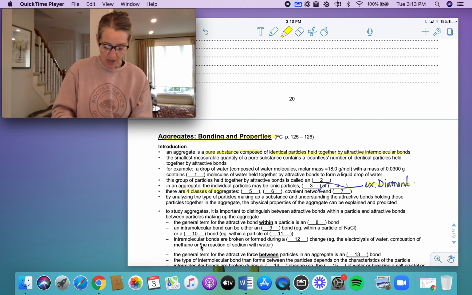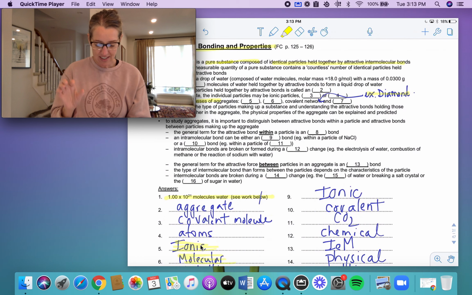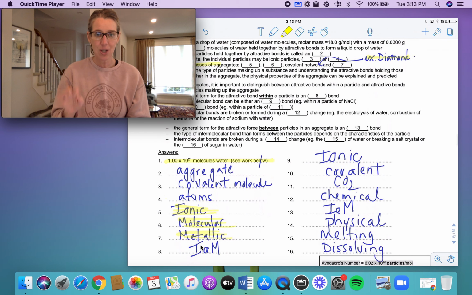All right, so highlight number 5, 6, and 7, those blanks, because those are the 4 groups of aggregates that we're going to be dealing with. So ionic aggregates, that's today. Molecular and metallic aggregates, that's tomorrow. And when you get to university, then you'll talk about the 4th group of aggregates. But these are things that I know you already know about. Diamond, okay? Covalent networks are the strongest group of compounds that we have,